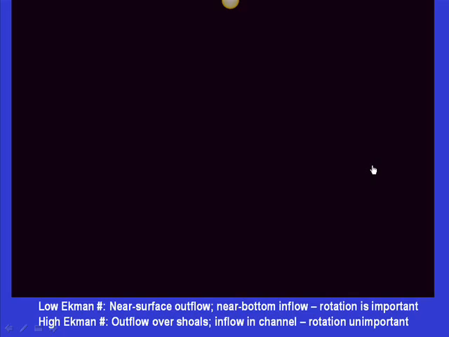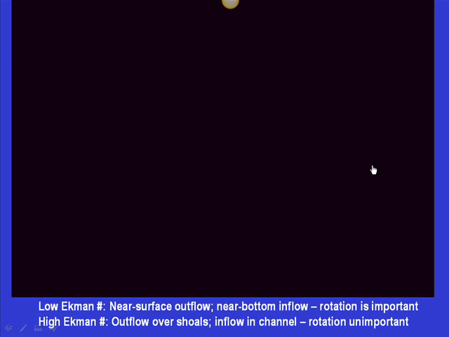So that's the Ekman number. So it's not only the internal radius of deformation, but also the Ekman number. That is how deep the system is in order to see the effects of rotation. Now, in the case where rotation dominates, you see that the width is important, but you might say that rotation effects are not